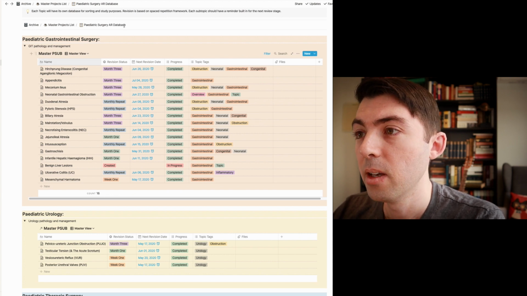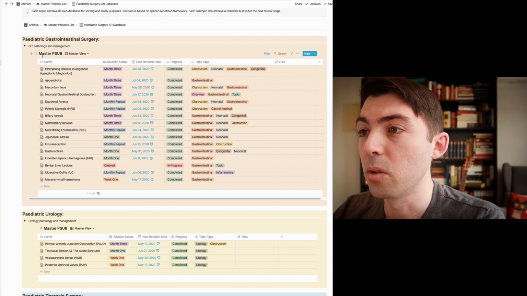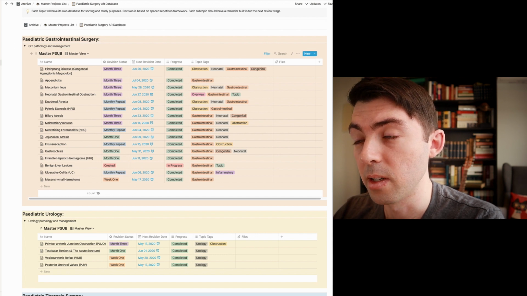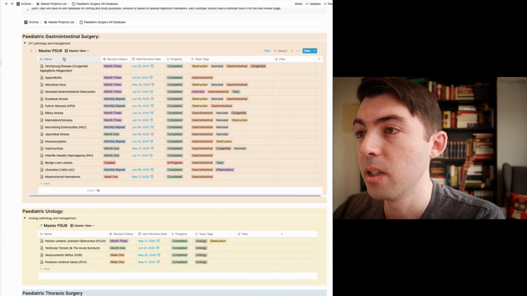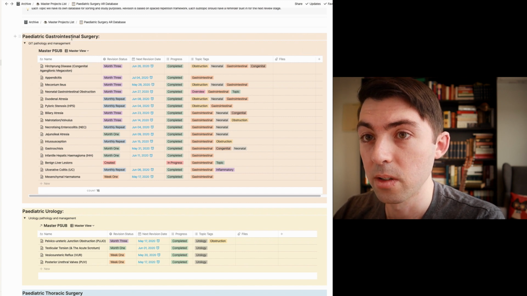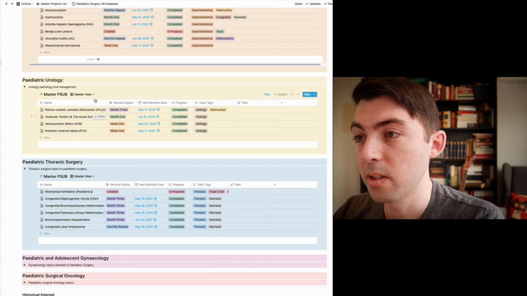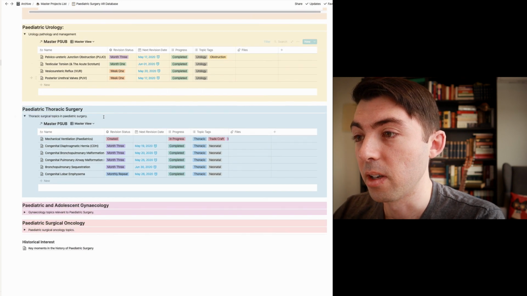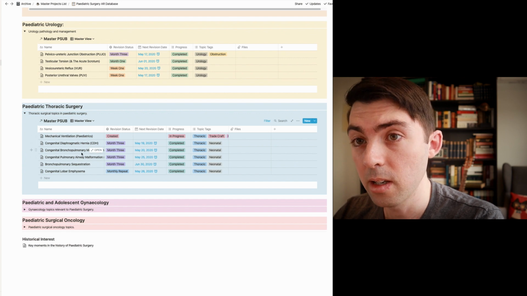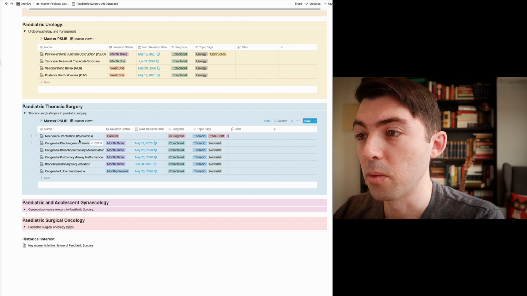So just to explain that, what you can see here, where all of these topics are listed, is called the Master PSUB database. PSUB stands for Pediatric Surgery, Urology and Burns. And that database here is at the moment only showing me topics that relate to gastrointestinal surgery. But if I come down further, then I have the same database, but it's only showing me topics that relate to pediatric urology. And if I go down even further, you can see here that I have the same database again, but it's only showing me topics that relate to pediatric thoracic surgery, and I've broken that down into other